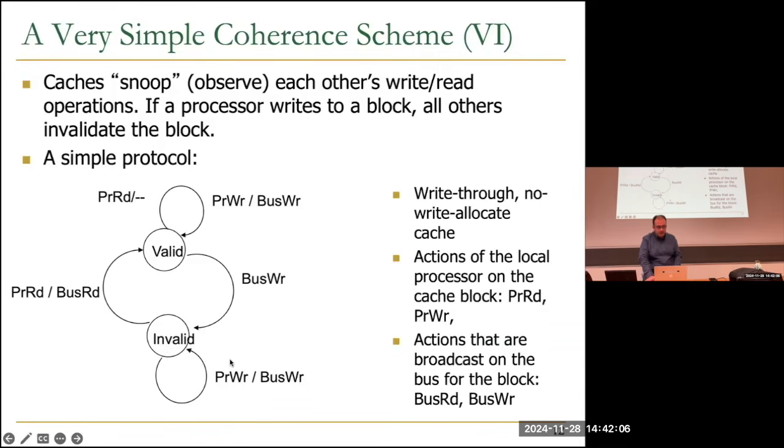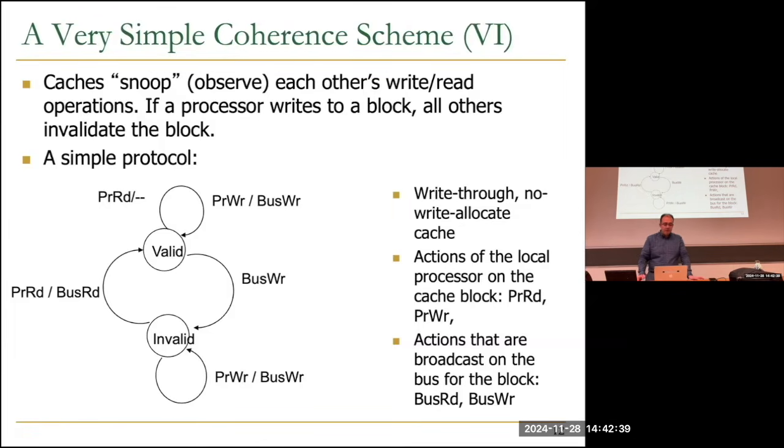So here we are considering a cache which is write through, meaning that when you update a cache block, you also update the main memory. This is write through. And also you have no write allocate cache, meaning that if you have a write miss, so clearly it's a miss, right? You need to update the memory. You don't read the data from the memory, put it in the cache and then update it. You just update the main memory. So that's why you have this no write allocate, right?